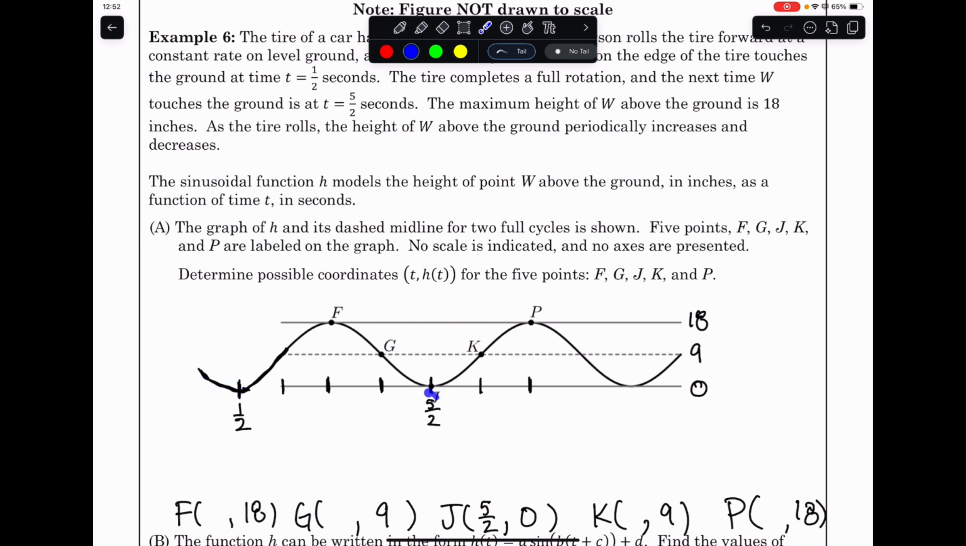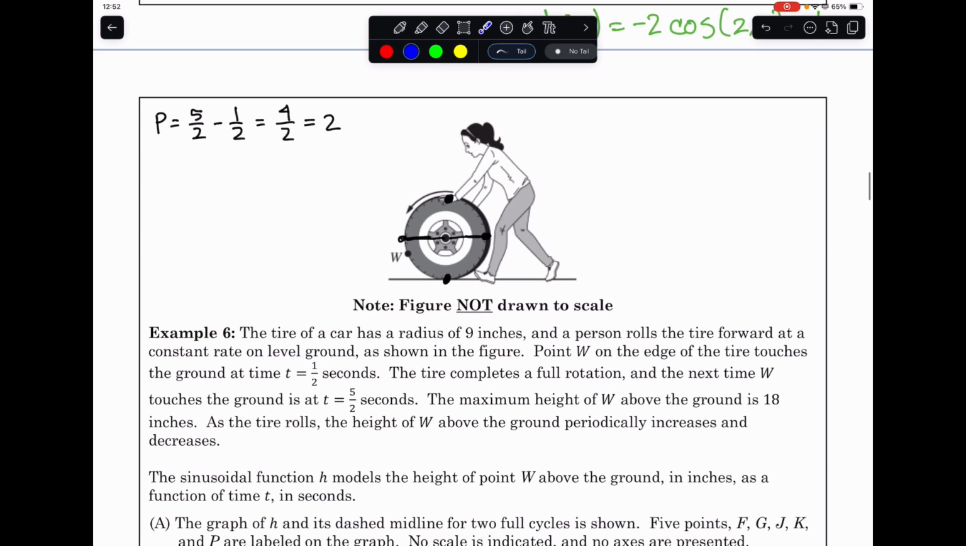And then at 5/2 seconds, not 5/2 more seconds, but at 5/2 seconds when it does it again, the period would be the distance between those two x values. So 5/2 minus 1/2, like I said, is equal to 2. So that means that each quarter turn, our increments of t, our increments of time,